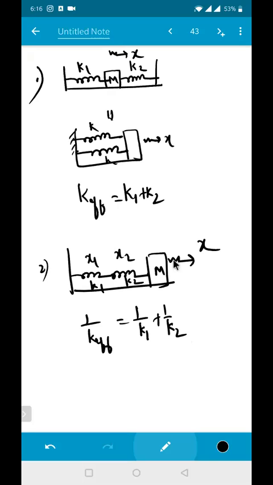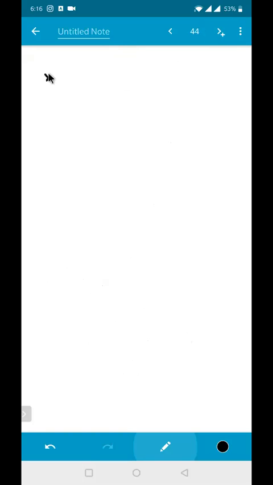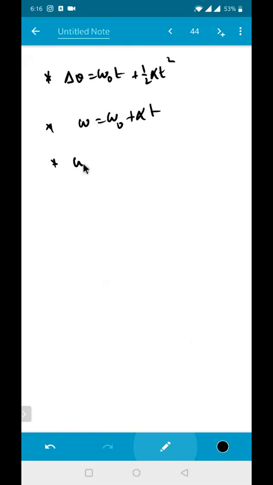In the same way, if the pulleys are moving up and down and inclined, resolving, all those things you need to roughly remember and try to do the relations for that. And if they are moving in a circular path, uniform circular motion is going to be involved. We know that delta theta will be equal to how much? Omega naught into T plus half into alpha into T square. The same way, omega is equal to omega naught plus alpha into T for circular motion. The next one is omega square equals omega naught square plus 2 into alpha into delta theta.